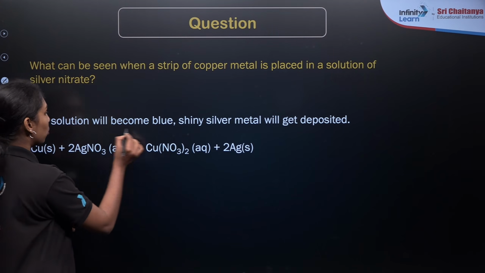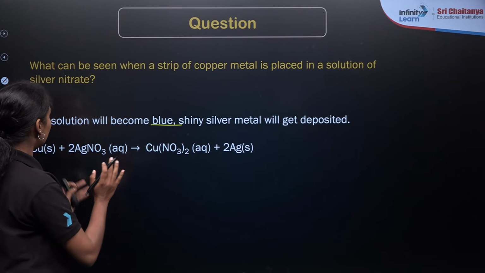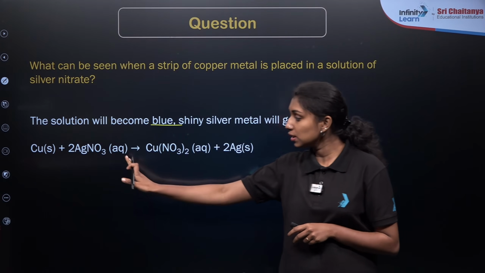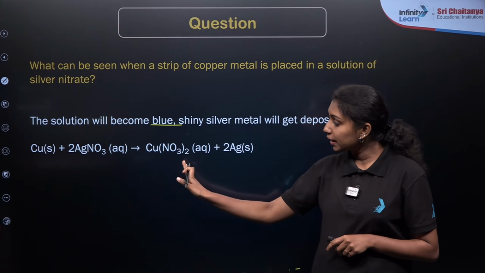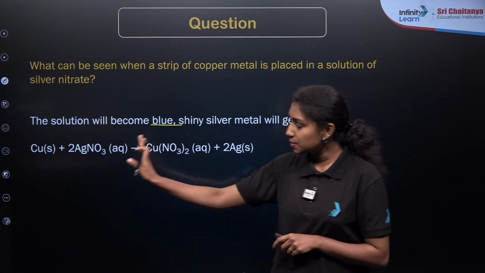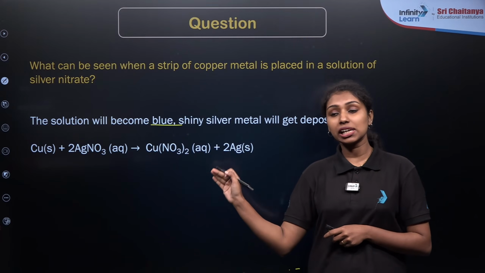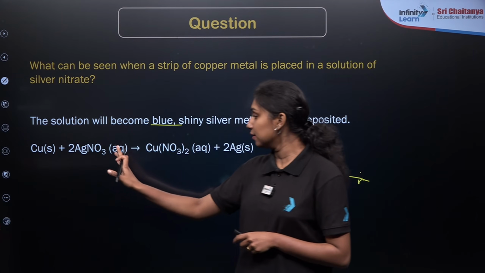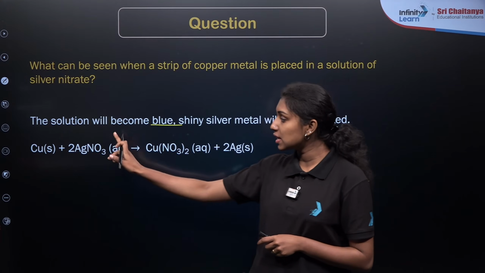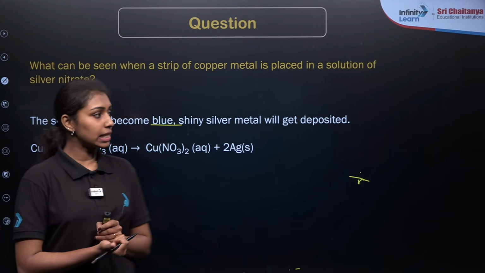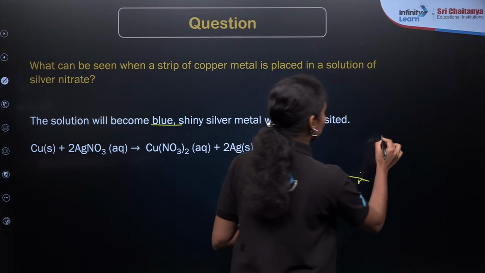So the solution will become blue, right? So what is the reaction here? If you are taking the copper strip, treating it with the silver nitrate solution, they will form copper nitrate as well as silver. Silver is formed over here, right? So what is happening here? We know the complete reactivity series of metals, right? So copper is more reactive. So copper can easily displace silver from the silver nitrate solution depending upon the reactivity series. So we have studied, right, in the case of